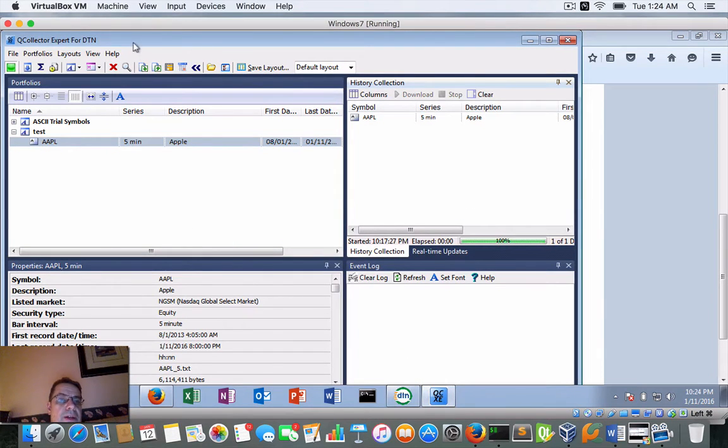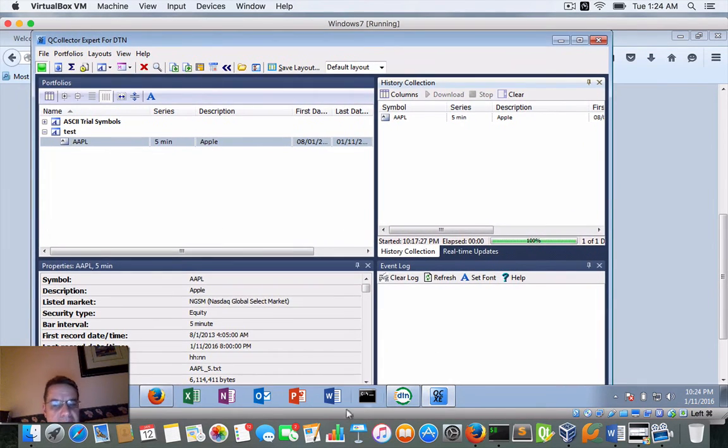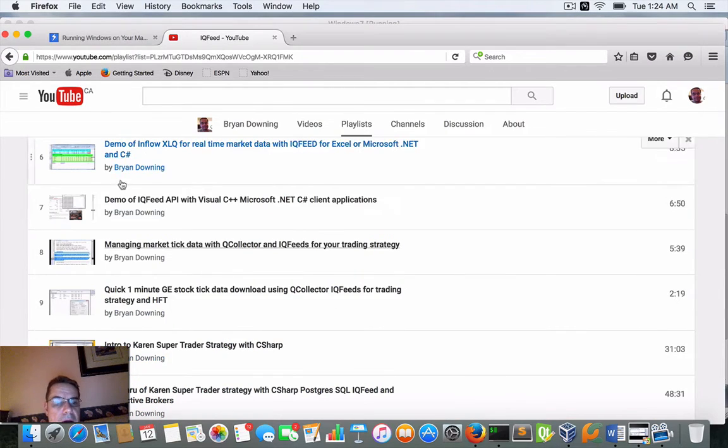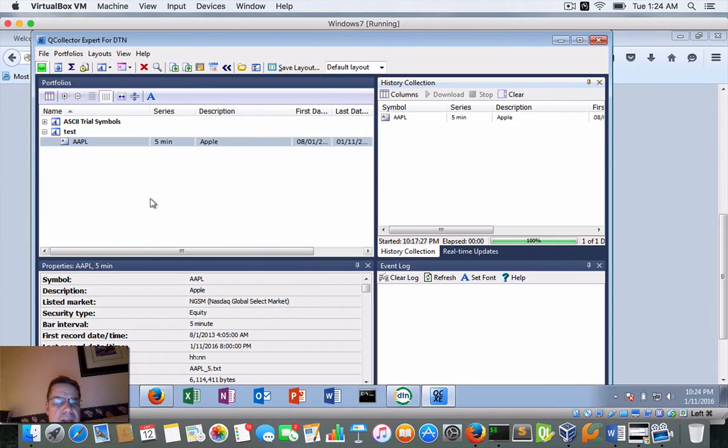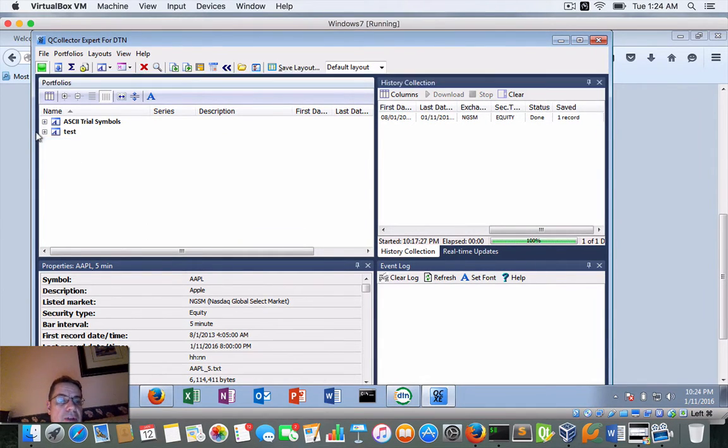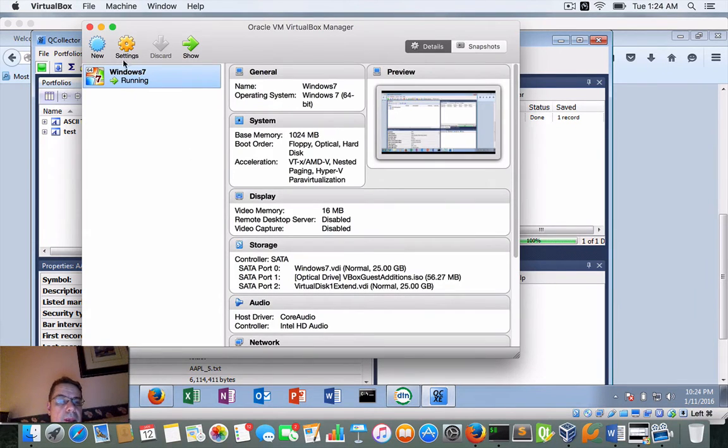And this is QCollector. Once you get all that set up, these videos will walk you through that. Pretty cool. Okay, so let's get into QCollector. Now this is the virtual machine, you can tell, running Windows 7. Hopefully you watched that video I showed earlier. There are different ways to set up your QCollector. This is what I do in my VirtualBox. In my settings in the